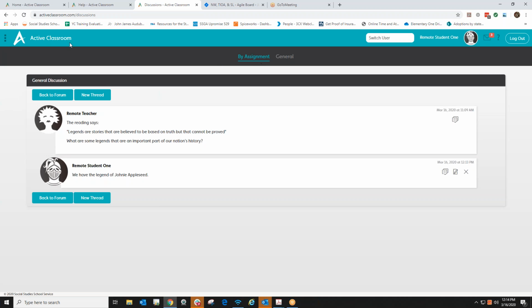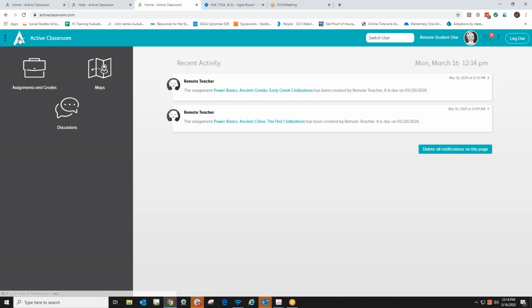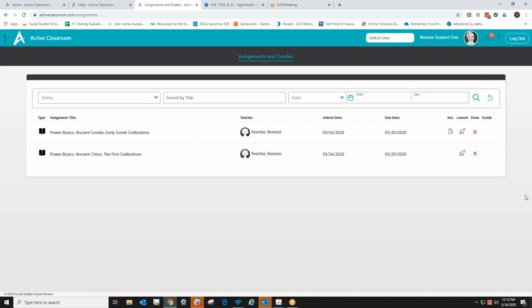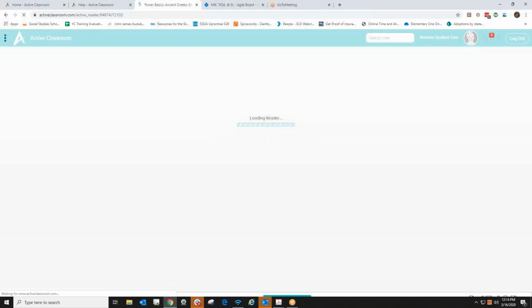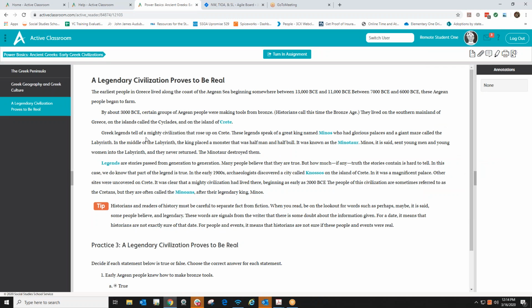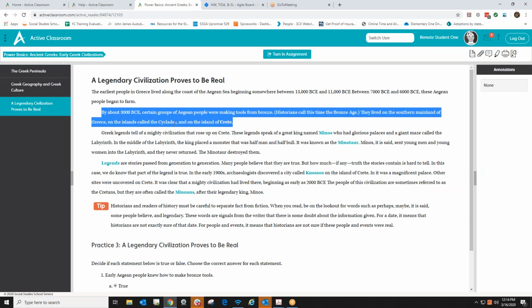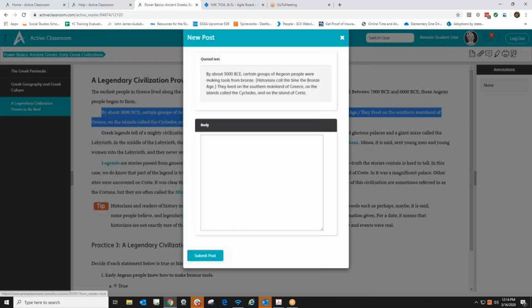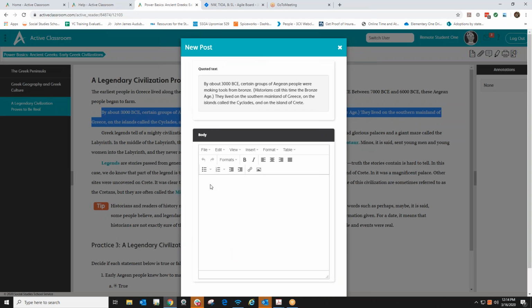And as a student, if I go back to my assignment, and I'll go back here to assignments and launch this assignment again. Here's the one I just did on early Greeks. I can actually find something. Say they wanted me to find something in the text. I can highlight something in the text, click on my little thing here, and it's going to quote that,